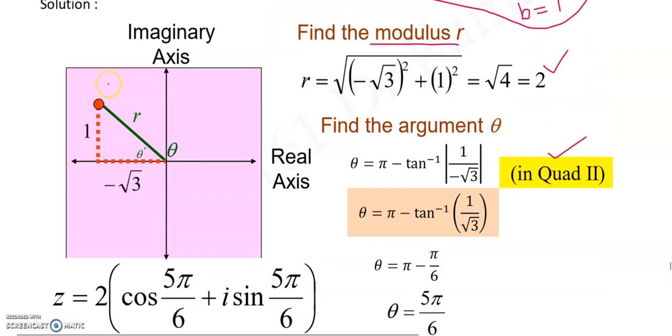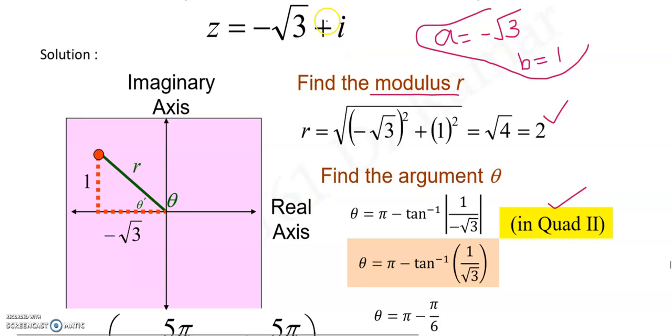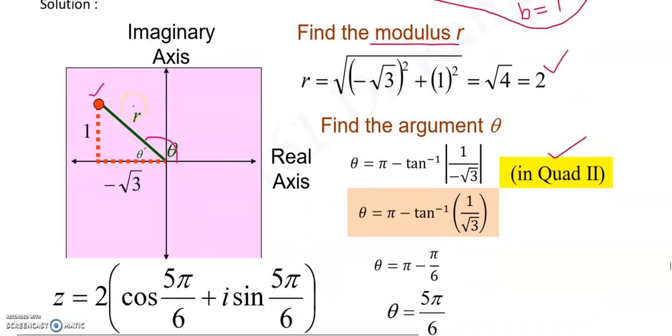Now you see here, this is the complex number, that is minus root 3 plus i. From this axis, your complex number makes angle theta, that is here 150 degrees. And then this is the real part minus root 3, this is the imaginary part 1, this is your modulus value, that is 2 here, this is 2 here.